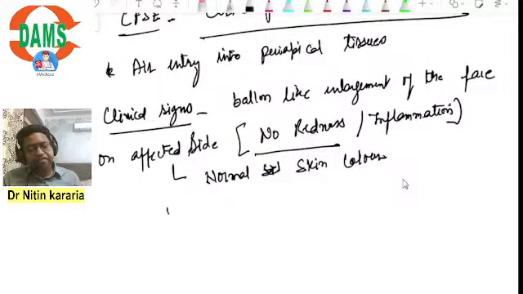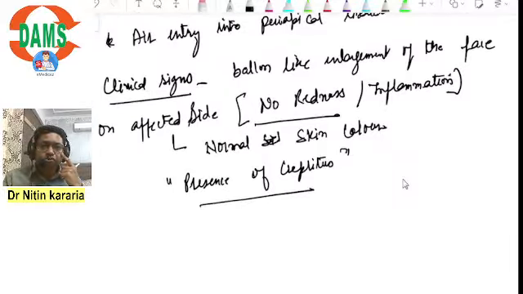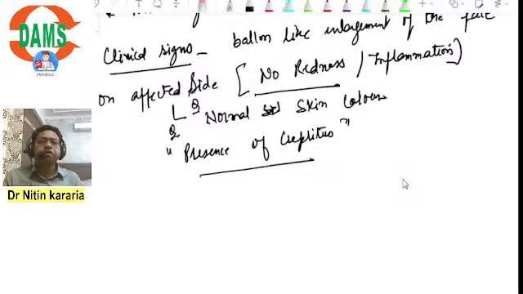Another clinical sign is presence of crepitus. What is crepitus? Whenever we palpate such tissues with hand, due to air movement we feel crepitus, a bubbling or gargling sensation, that is called crepitus. These are the two clinical signs which help in distinguishing this air entry from that of sodium hypochlorite entry or any inflammatory episode which has occurred. Okay,